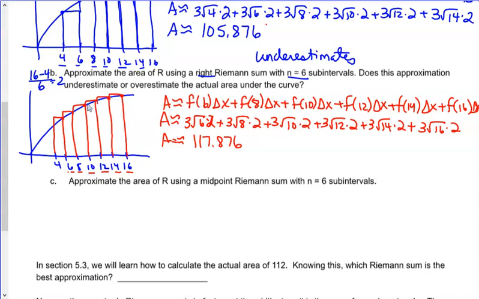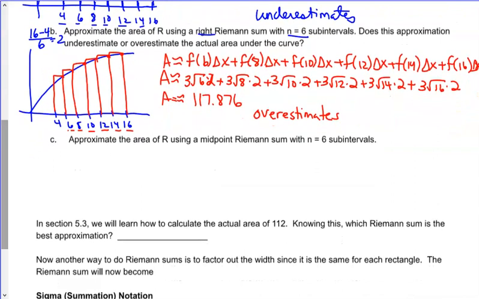And notice here I've got excess, in each of those that's above that curve. So that area of 117.876 overestimates the actual area there. Again, having that picture is very, very important. Now, maybe we don't draw the picture the next time, but could I figure out the area using this picture? Now I want to use the midpoint Riemann sum, still having the same number of subintervals, and so